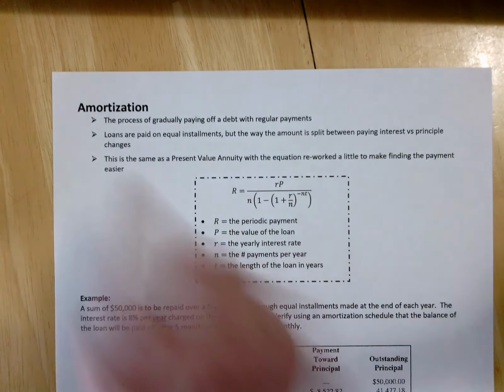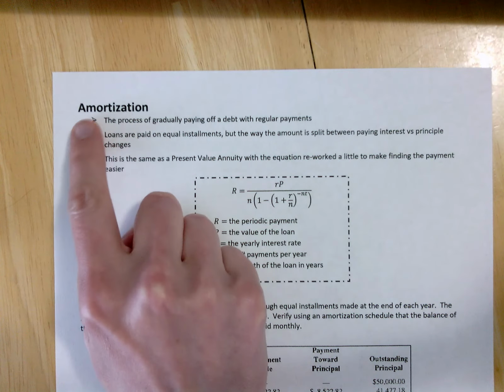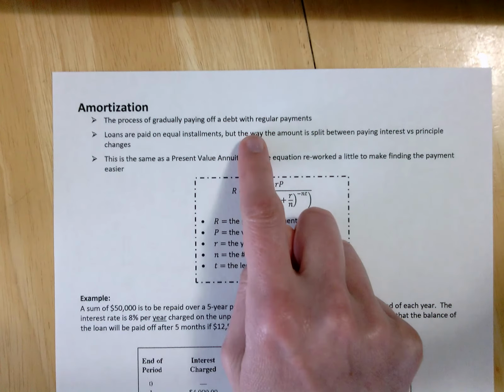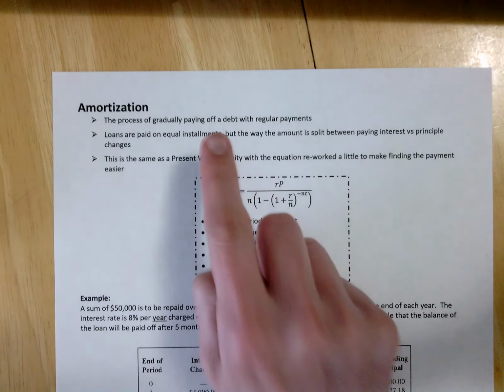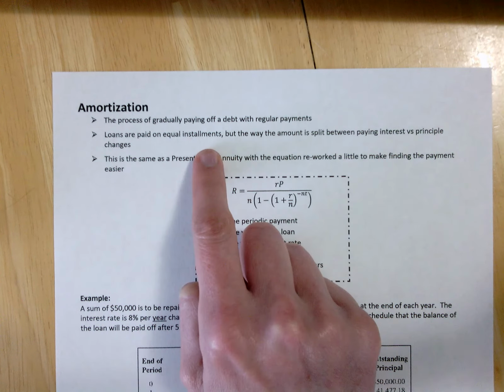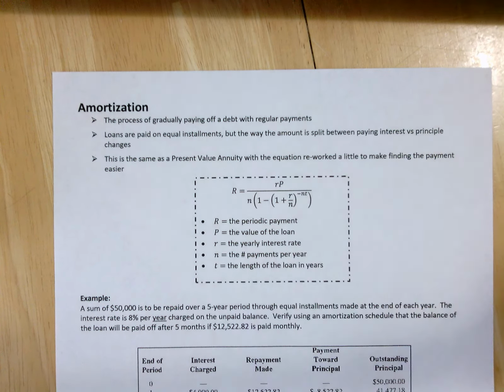And again, mortgage, right? You can see that mortgage idea is tied up in that word. It's got that root word "mort," which is death, right? So it's the idea of killing off a loan that you took, okay? So we have a debt, we're making regular payments to pay it off. Loans are paid off in equal installments, but the amount is split between paying the interest versus paying the